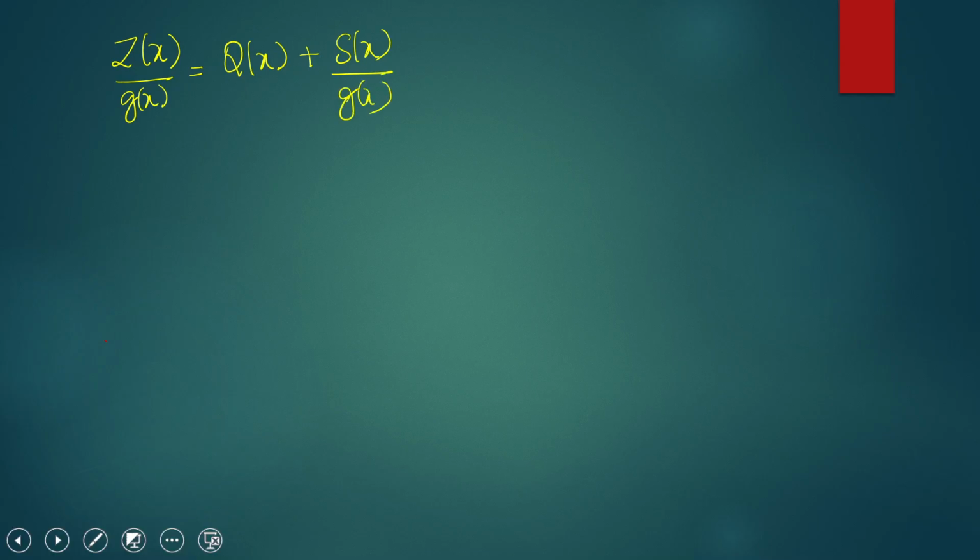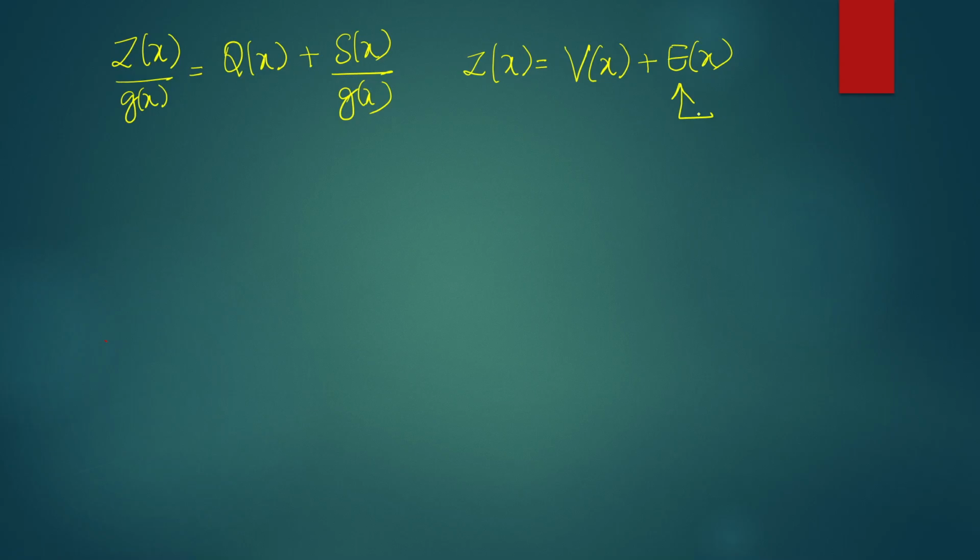S of x is the syndrome polynomial. Then we also know the received vector will always be a combination of the transmitted vector as well as the error pattern polynomial, which is caused due to the transmission of this code word vector over the channel. So this is the error pattern